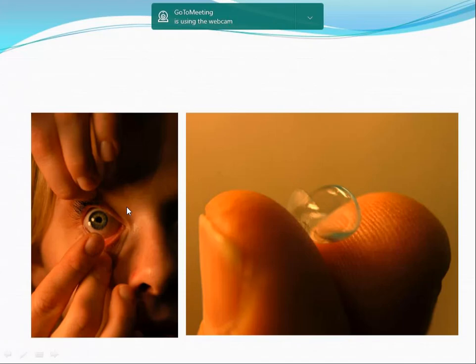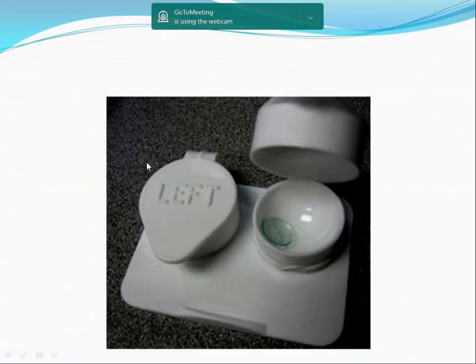You need to see, this is the case in which you store the contact lens. And then there is a fluid which you always dip the contact lens in. You need to change the fluid every day. You need to clean the lenses every day, and you should never wear the lenses for more than 6 or 8 hours continuously. Why? Anybody can tell me?